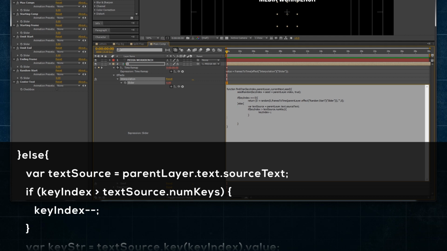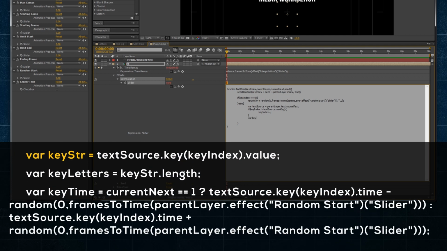So we'll close out that conditional like so, and we'll say var key string is equal to text source.key left bracket key index right bracket dot value. We'll declare another variable called key letters. Var key letters is equal to key string dot length. So the length of the variable we just assigned, and then var key time is equal to current next equals